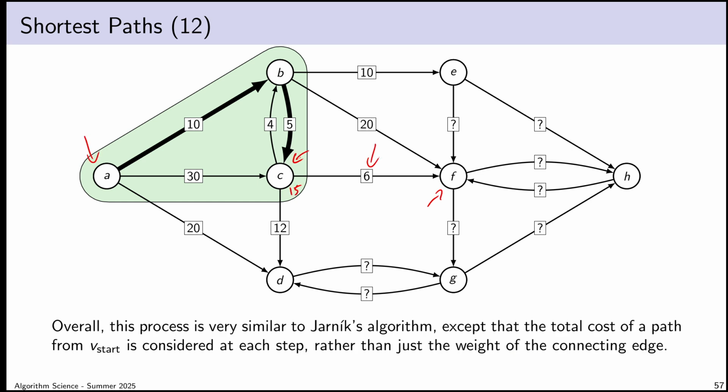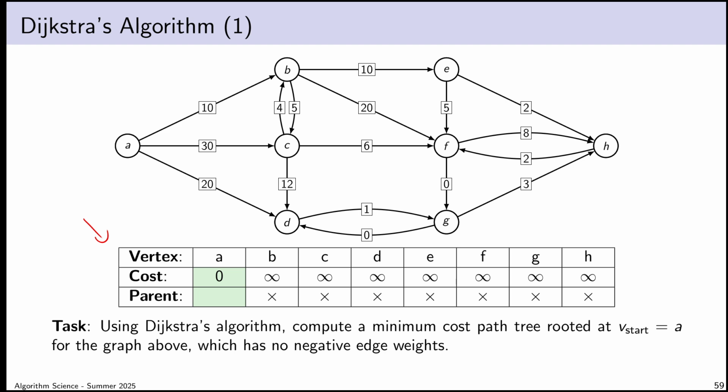I should clarify that. Basically, I might want to keep track of that the current cost of travel to vertex E is 20, but that comes in along this edge here. So like Jarnik's algorithm, I can use a parent array to sort of keep track of the tree neighbor of vertices that aren't currently in the tree and the tree edges for vertices that are currently in the tree. So I'll use this table for that. Let's just try running Dijkstra's algorithm. We sort of already know what it does, so before seeing pseudocode, we actually can just try running it on this example. Let's start with running it with our start vertex being vertex A.